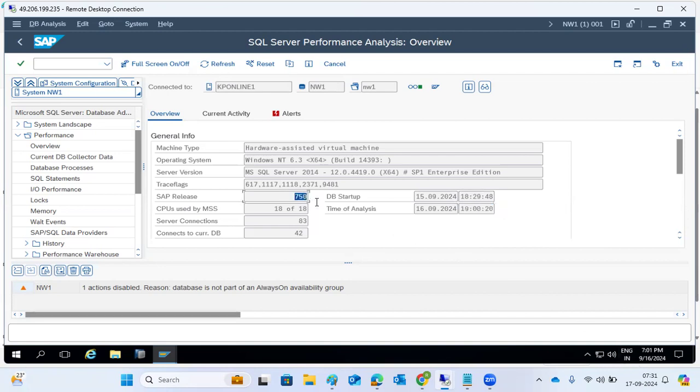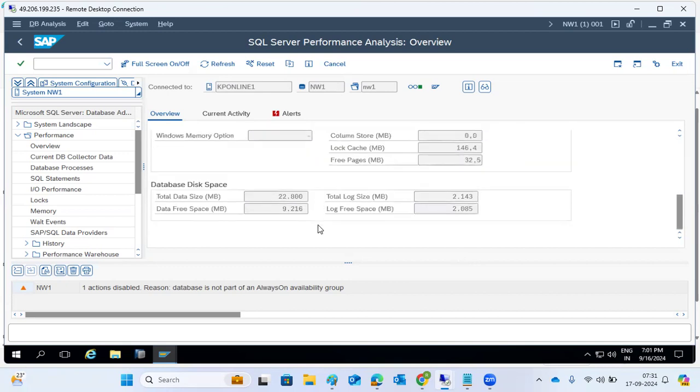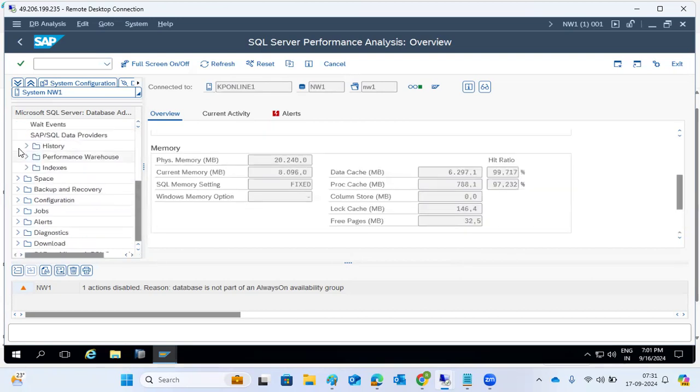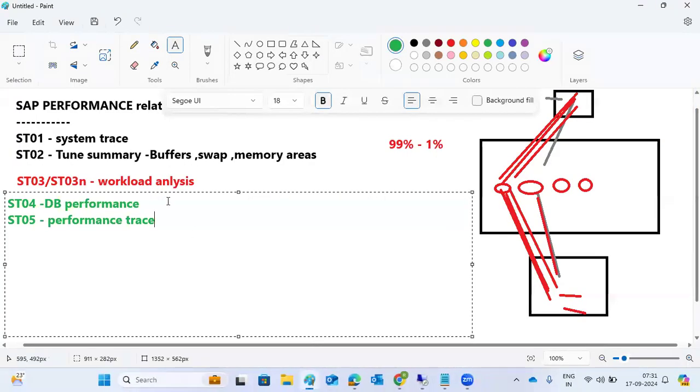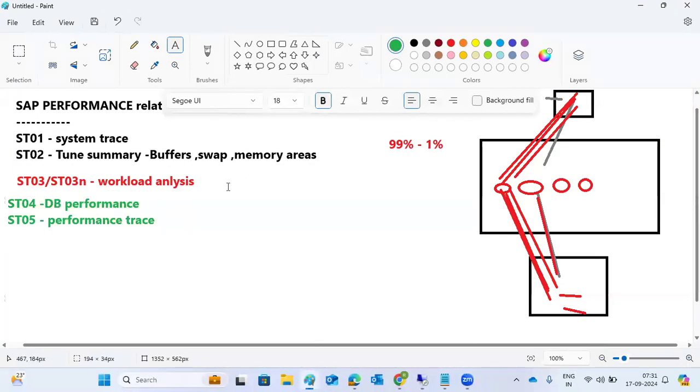What is the SQL? How many CPUs do you have here? Connections here. So all the information is populated here. See, total size in MB, disk space, free space, all the details we get here. So this is the DB performance. Normally, if you use ST04 or ST04,